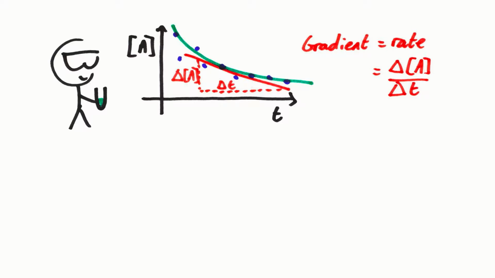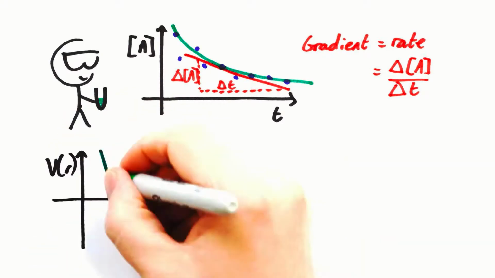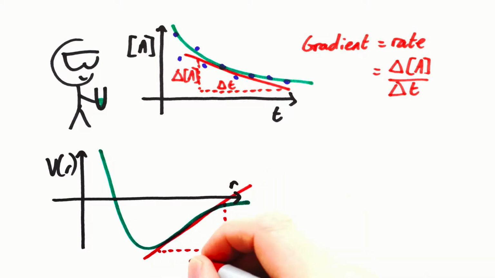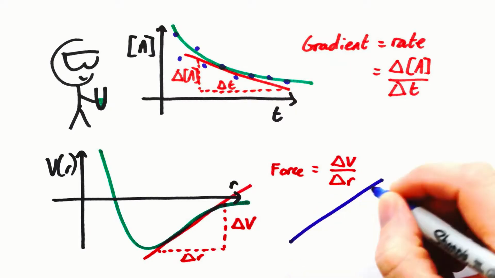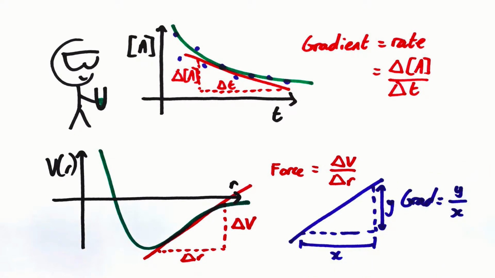If we recall the Lennard-Jones potential that we've examined several times in this video series, a gradient here represents the force between molecules, while in quantum chemistry, the gradient of the wave function is related to the momentum of the particle. A gradient is always found the same way. It is simply a fraction showing how much the graph goes up against how much it goes across. In xy systems, it tells us how much y changes as x varies, or the rate of change of y